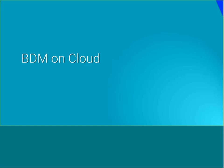Okay, so that was a section where we covered more about Spark. Now let's focus on what we are doing on how, if you have a use case where you want to move to cloud, big data management can help you in that